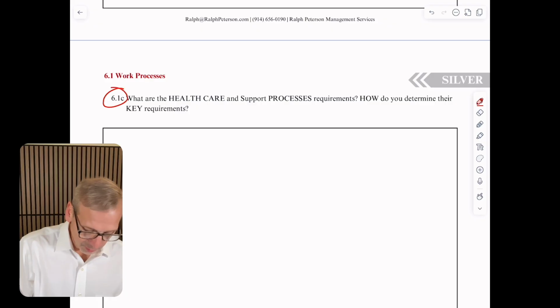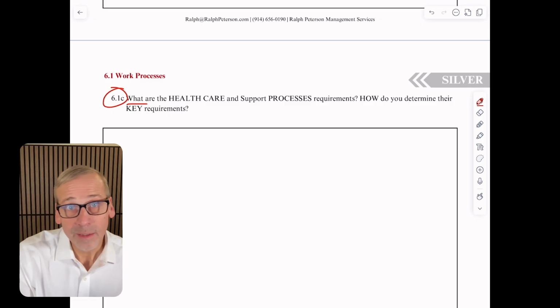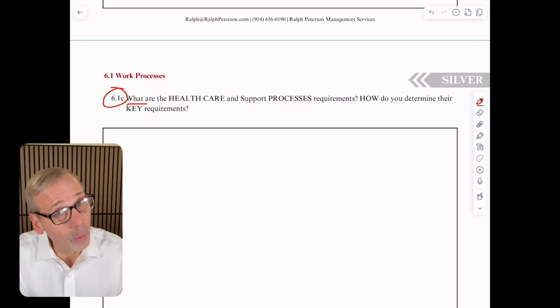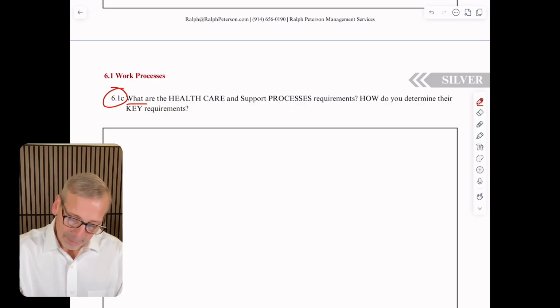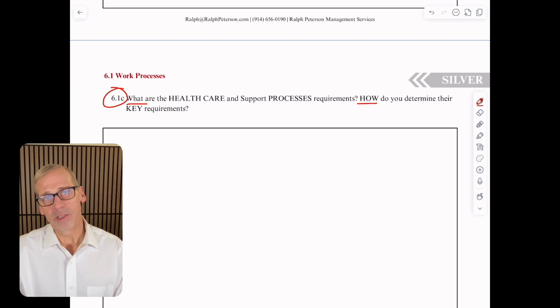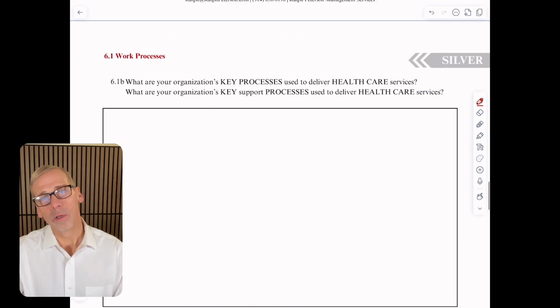6.1c. There's two questions in 6.1c. First one is a what question. What? That's not a how, it's not a who, it's a what question. You're usually looking for a list here. Good, okay. But then look at this, they have another how question. How do you determine key requirements? Well, hold on,